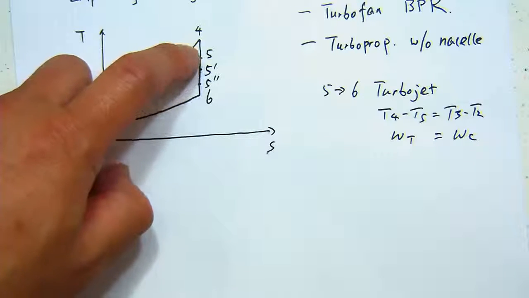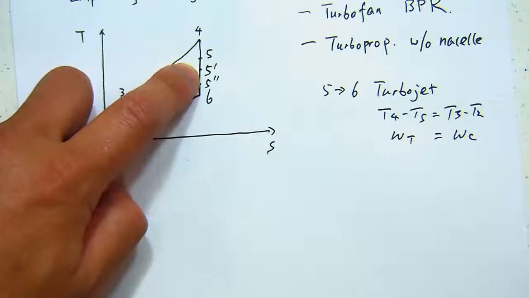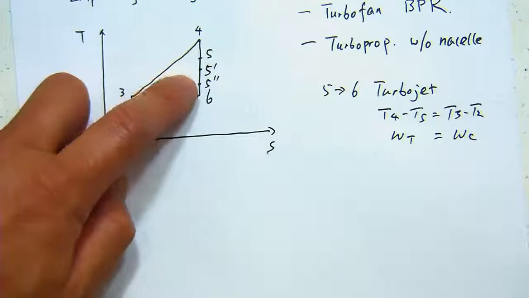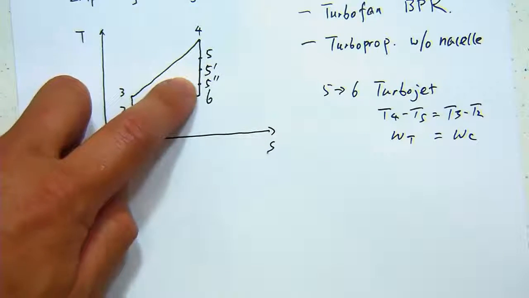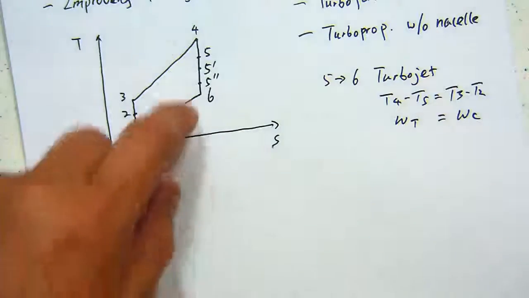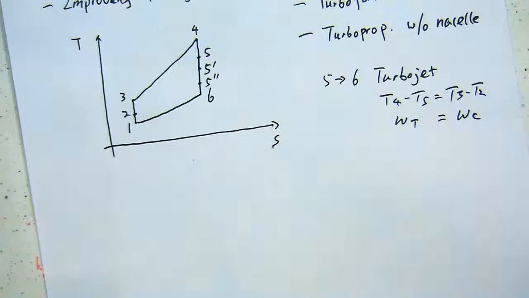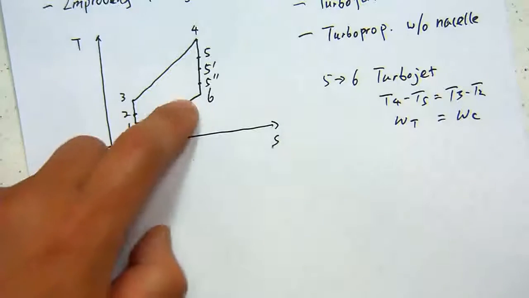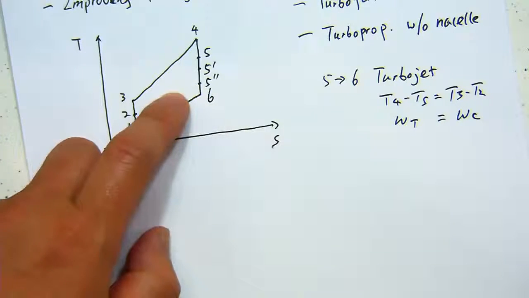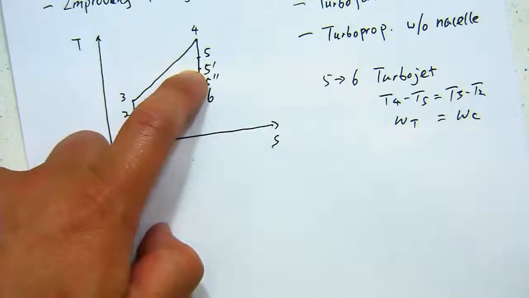Turbine work, right? So if I have the 5 prime, which means there is more turbine work compared to, say, 5, but the double prime has even more turbine work compared to the single prime case, right? So in terms of turbofan and turboprop, which case has more turbine work output? Yeah, turboprop. So turboprop should correspond to 5 double prime, and the single prime corresponds to the turbofan,